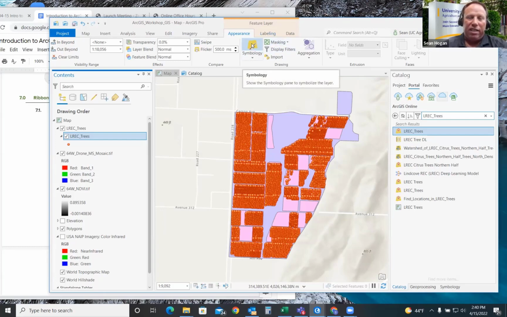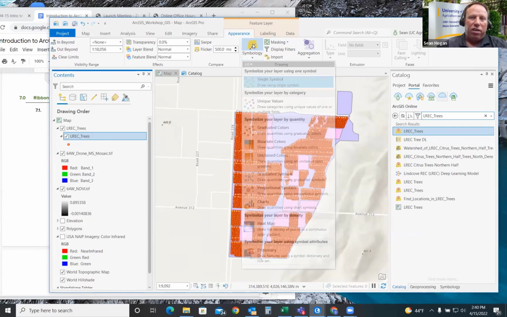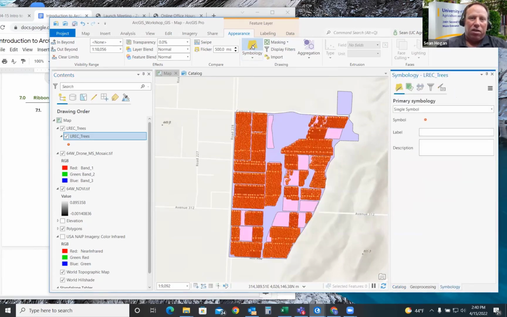So right here where it says Symbology, click the drop down. And you can see a variety of graduated symbols. We don't need to worry about all of those right now. We can just go with a single symbol or just click on Symbology on the icon, and you'll see this pop up over to the right in your Symbology pane.